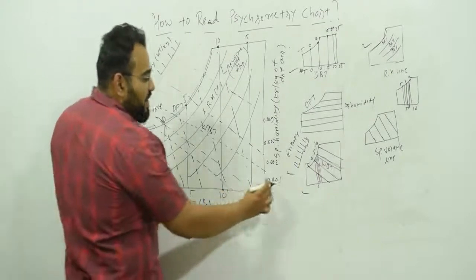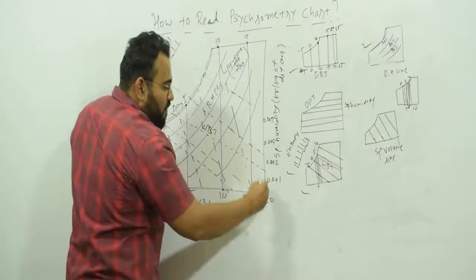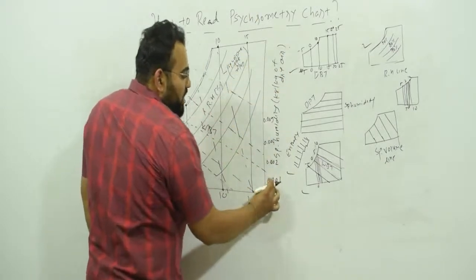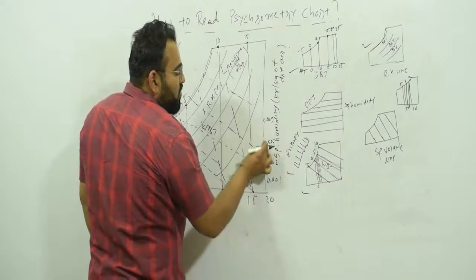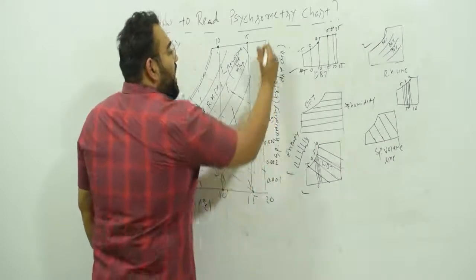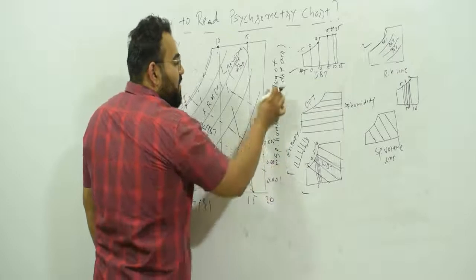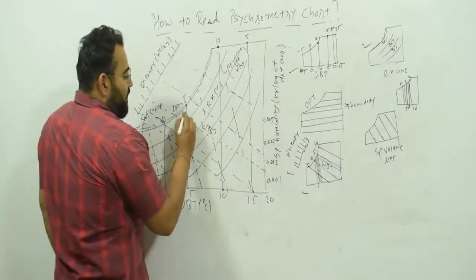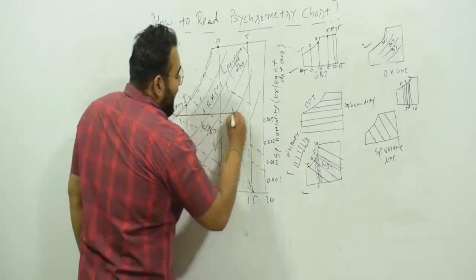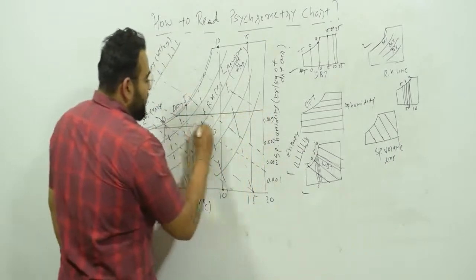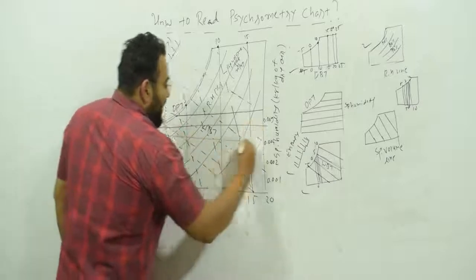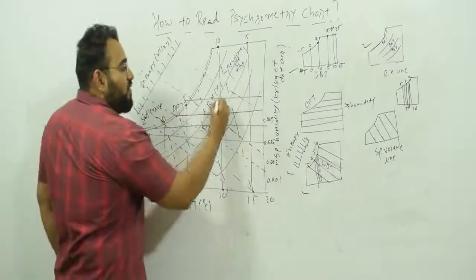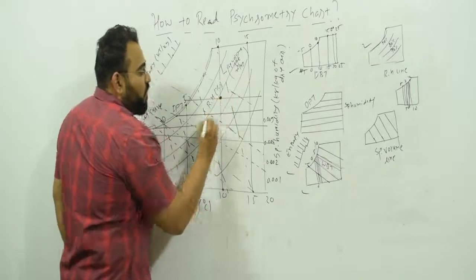Here you can see the values written over here. If you consider this as the y-axis, over here you will have specific humidity: 0.001, 0.002, 0.004, 0.009, and so on. Here it will be written specific humidity, in kg per kg of dry air. So let's say I draw a horizontal straight line like this. If I draw all the horizontal straight lines over here, and let's say you have found one point over here.